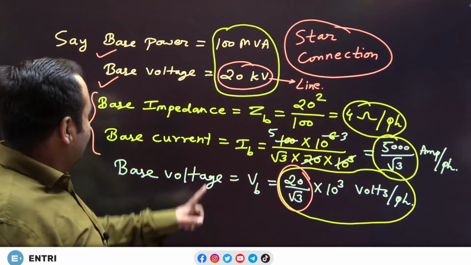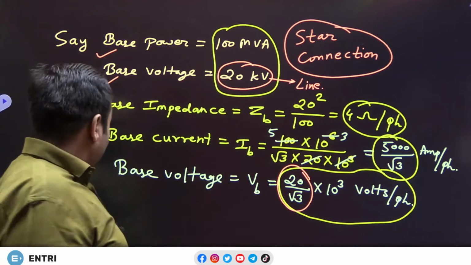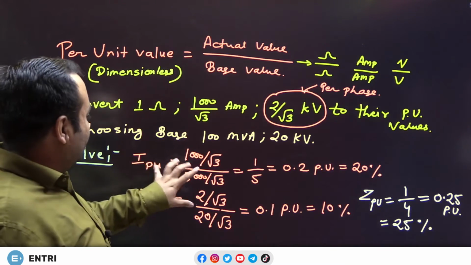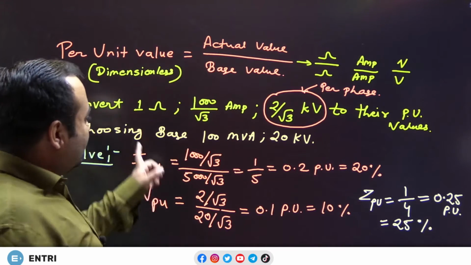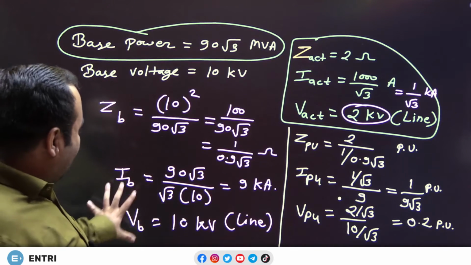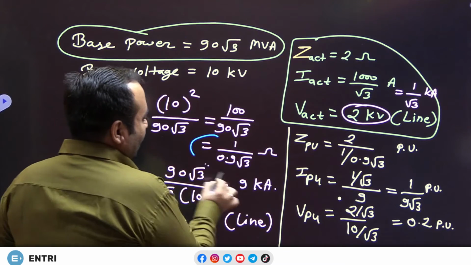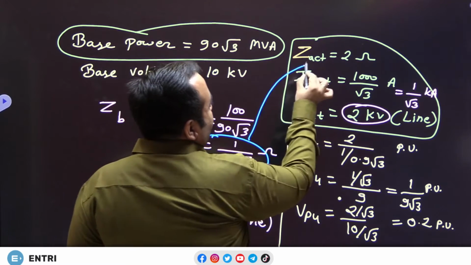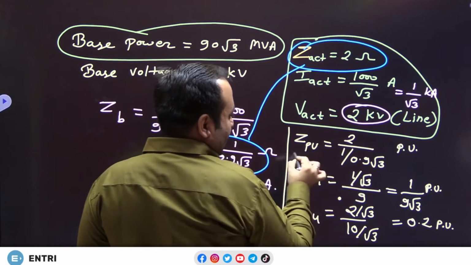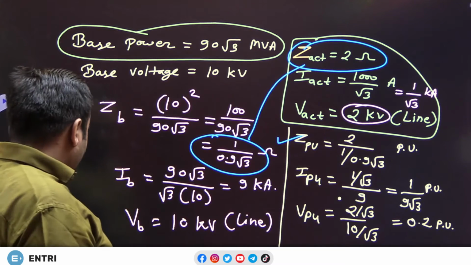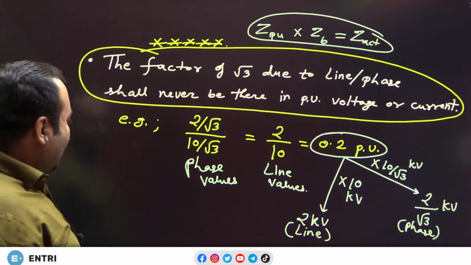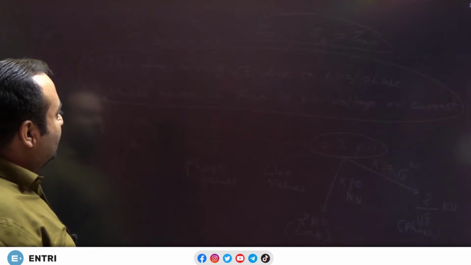Please see this. So first we have calculated the base impedance, and then we have divided the actual value by the base impedance to get the per unit value. Similar thing was done in the next example also. We first calculated the base impedance and we divided this actual impedance by base impedance in order to get the per unit value. One thing you can directly do is, instead of first calculating the base value and then going,